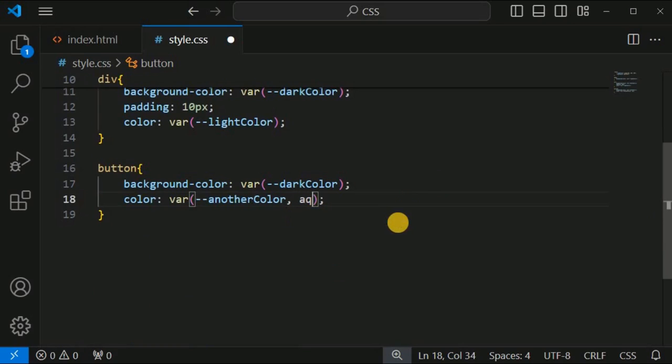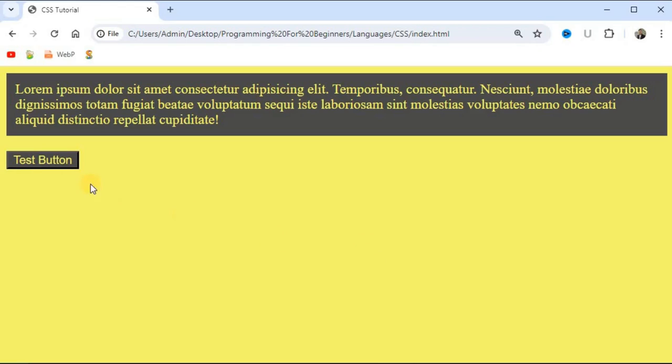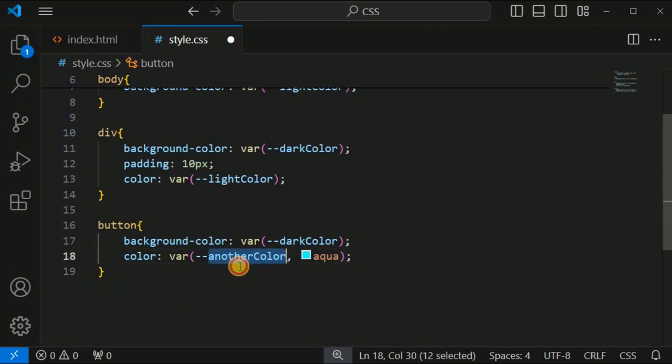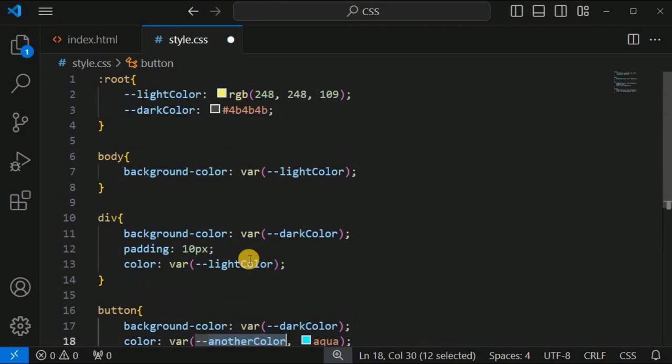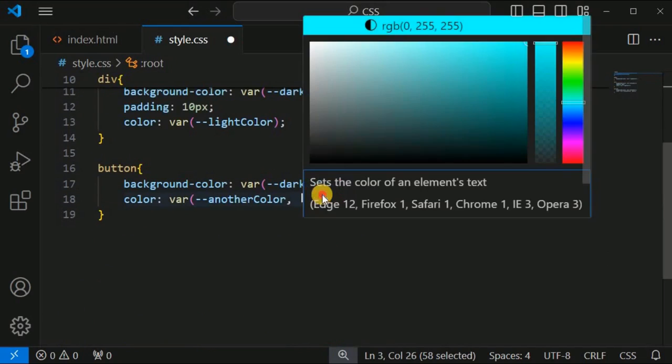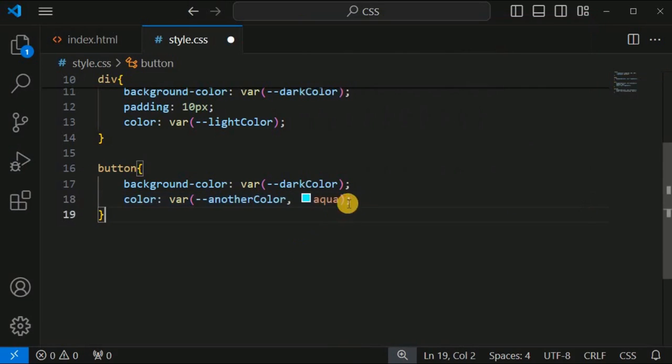So let's say you want aqua color to be used in case this particular another color variable is not present. So in this case, what will happen is currently it is getting displayed as the yellow color as far as the text color of this button is concerned, but now since we are using another color as the variable name which is not present inside this root selector over here, so aqua color will be implemented as the text color